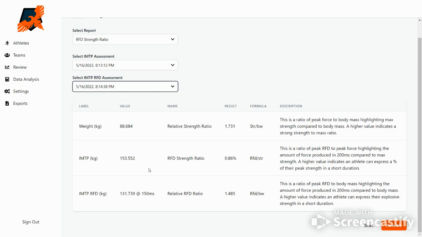So in relation to body weight, we do a relative RFD ratio. And that takes the strength, the RFD max pull at 150 milliseconds, or wherever it is in the 200 millisecond window, whatever that max is, and it compares it to body weight. There's not a lot of research on